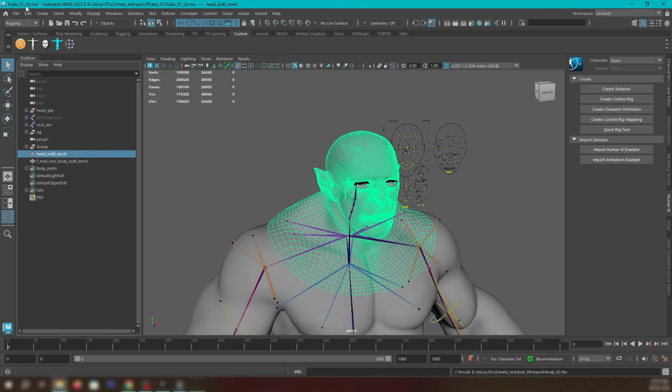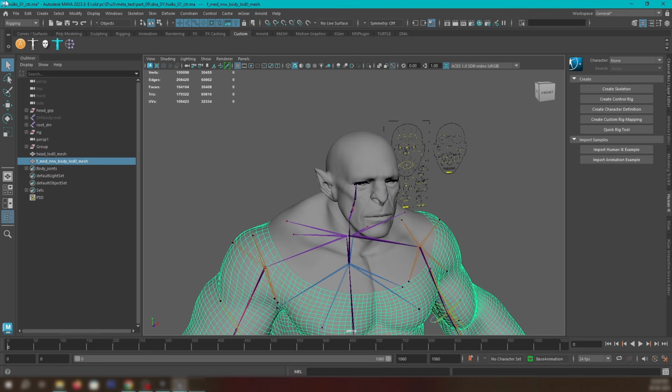I'm just exporting the mesh, nothing fancy. I deleted the history for the blend shapes the face has, and the skin also. I exported the head, I exported the body.